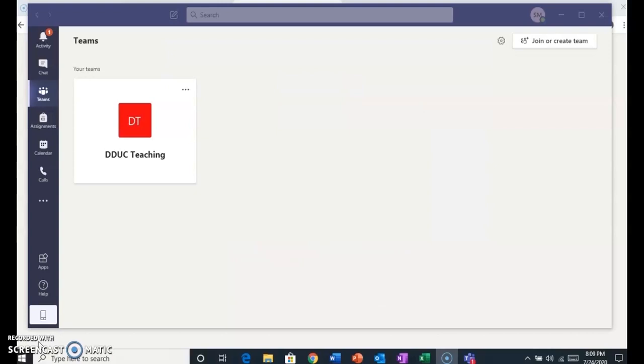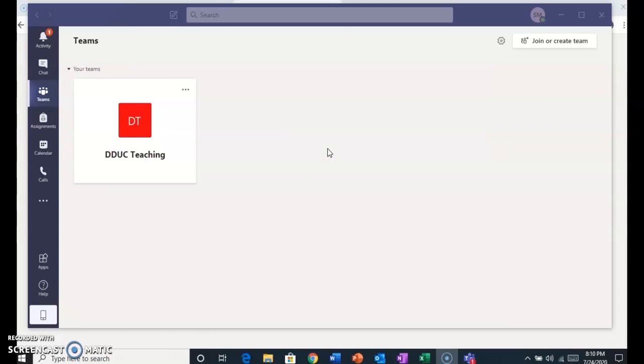Now you can have a look at the screen. This is the main screen of Microsoft Teams application. On the left hand side, the bar is the toolbar of Microsoft Teams, which shows you the options like activity, chat, Teams, assignments, calendar. And here you can see this is one of the teams which is being reflected. If the person has been invited or added as a participant of a team, the team will automatically reflect here. So this is a space where all your teams will be reflected, for which you are the member.